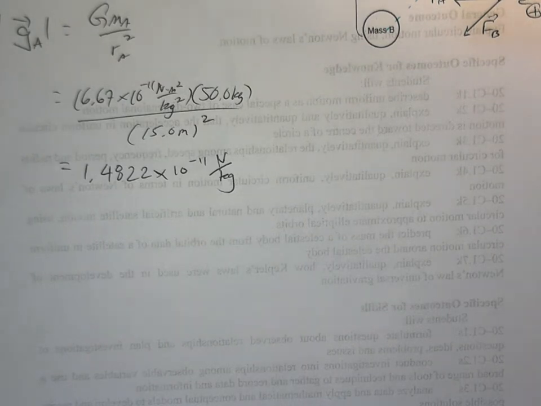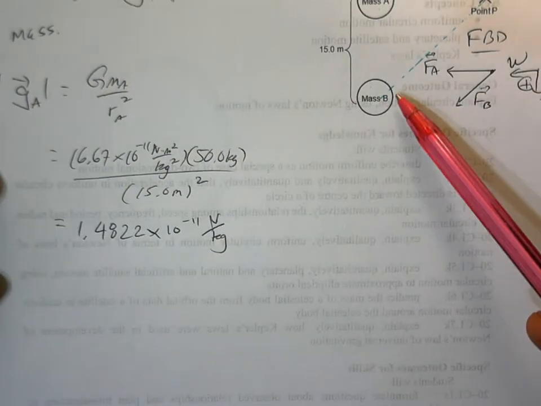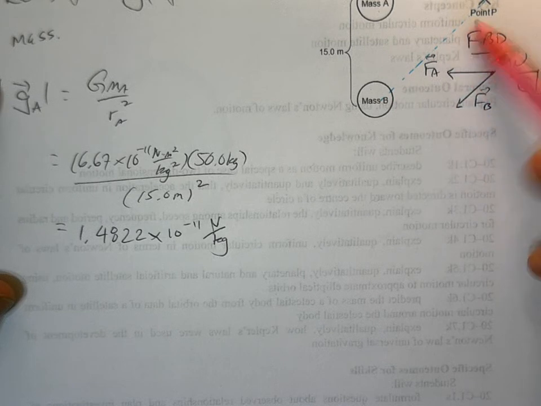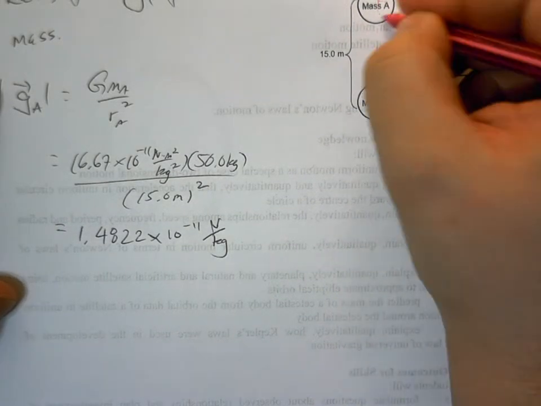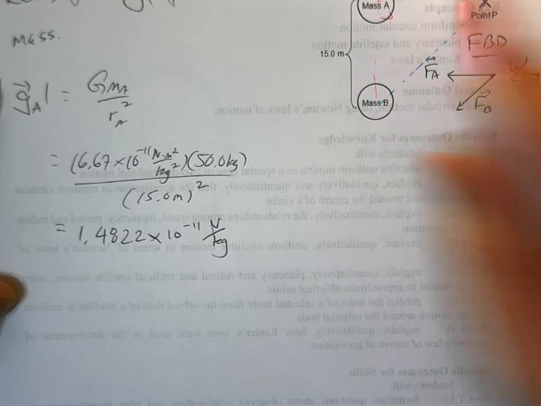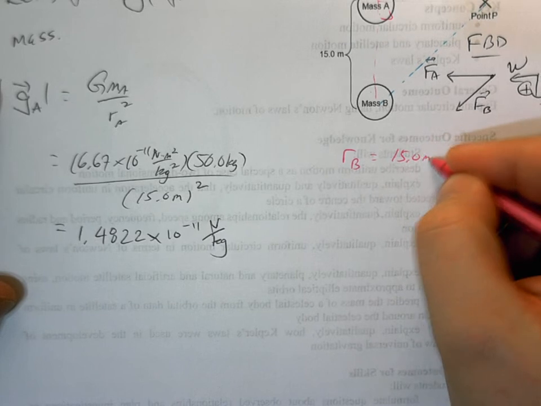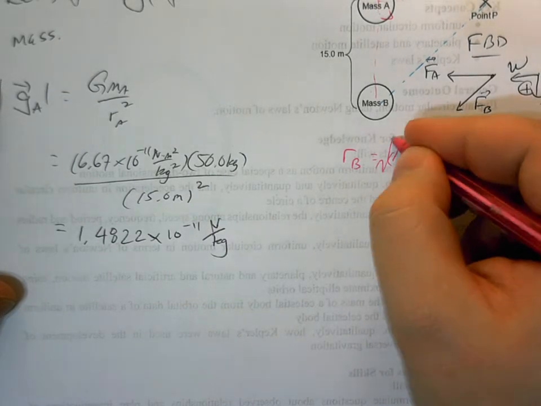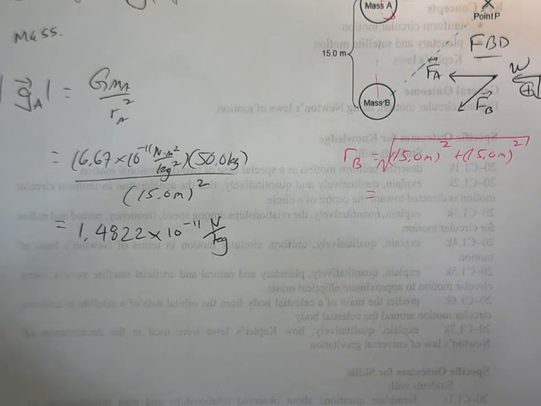So it's going to be the same procedure for the gravitational field strength because of mass B. The only thing we have to watch out for is we want this distance this time. But we know that this whole thing forms a right triangle. So I know both of these sides are 15. So I know that this distance RB is just going to be 15 meters squared plus 15 meters squared, and then we're going to square root that. So that's going to give us our distance along that line. And that is going to give us about